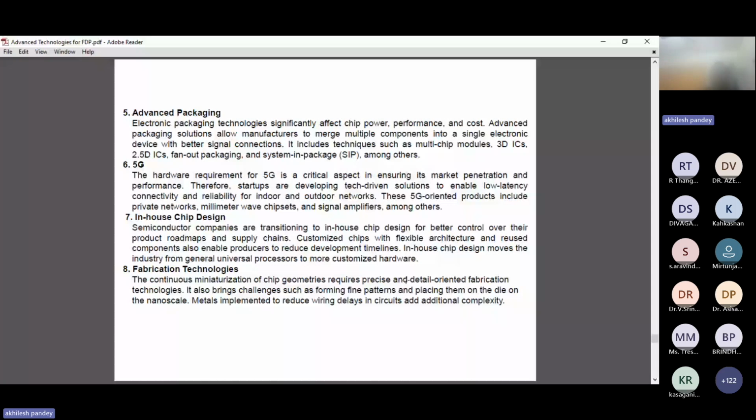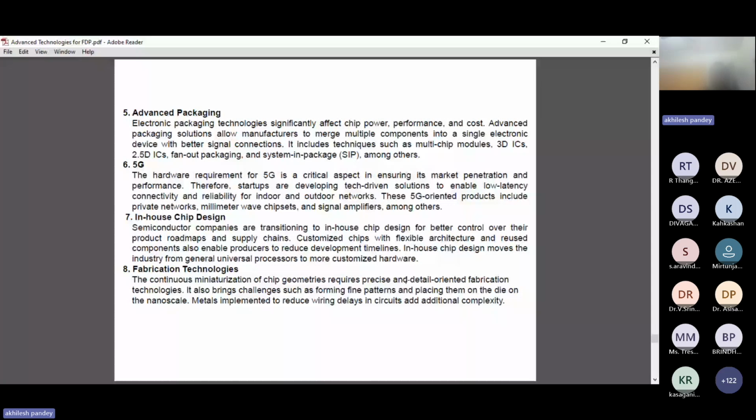In-house chip design, semiconductor companies are moving to in-house chip design for better control over product roadmaps and supply chains. Fabrication technologies, the continuous maintenance of chip geometry requires precise and detailed fabrication technologies, and